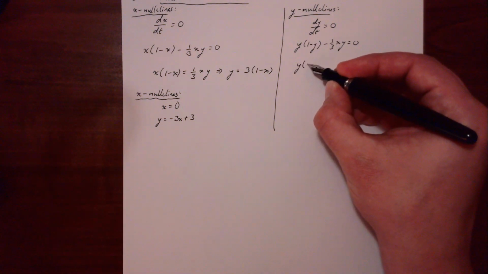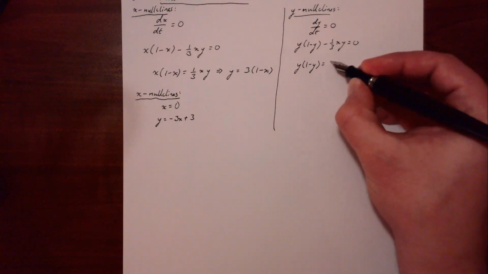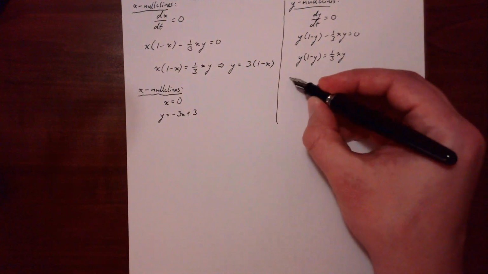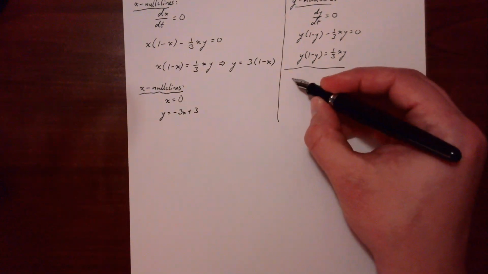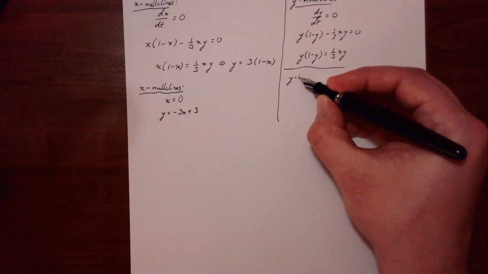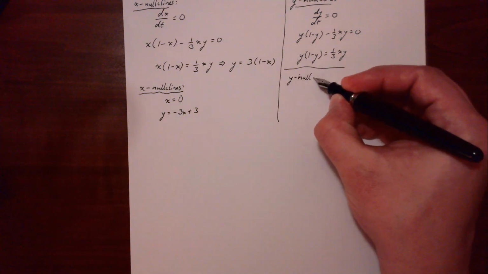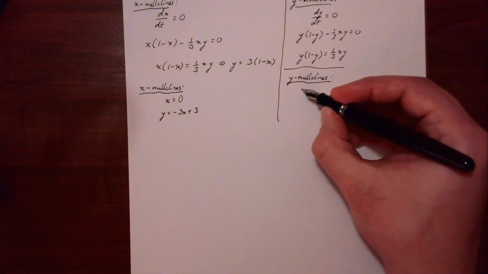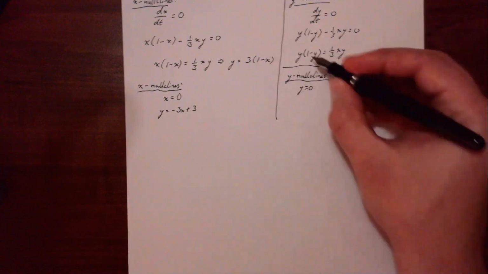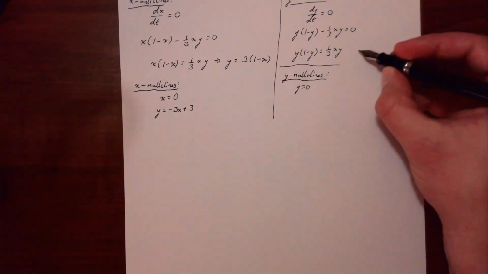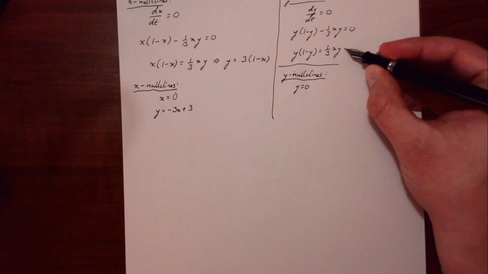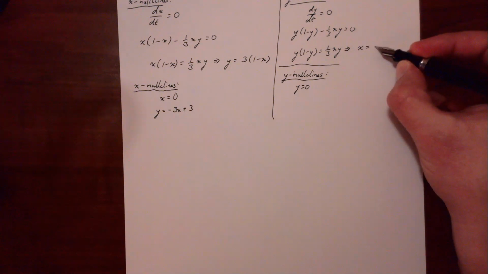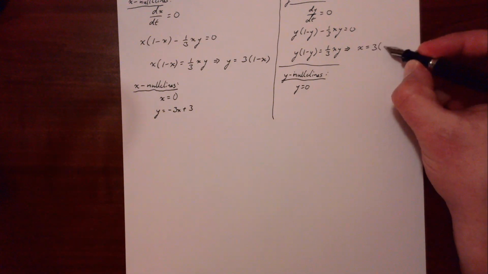So y times (1 minus y) is equal to 1/3 xy, which then gives us the same kinds of solutions. So we have for our y nullclines, the one solution where y is just set equal to 0, and then left side equals right side for sure. And then if y is not equal to 0, then we can divide both sides by it and multiply both sides by 3, and that gives us x equals 3 times (1 minus y),